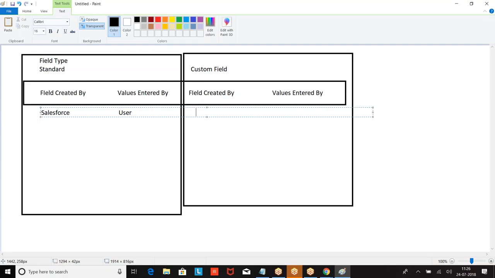Custom fields are created by the user. Values are also entered by the user.